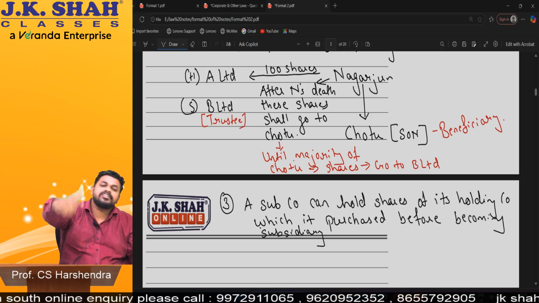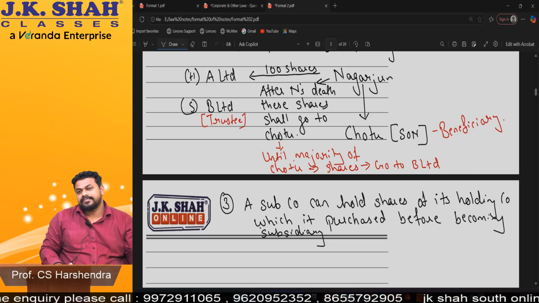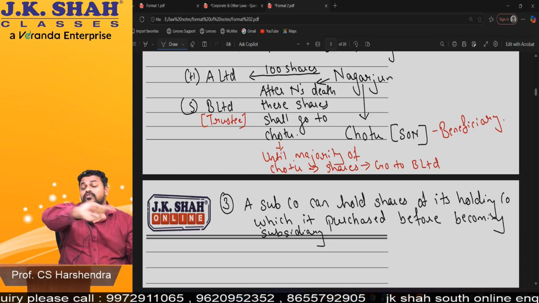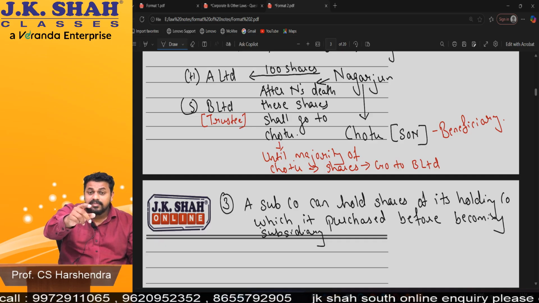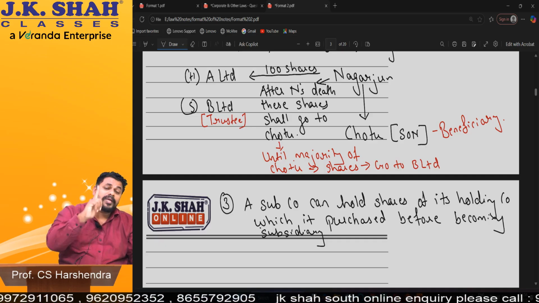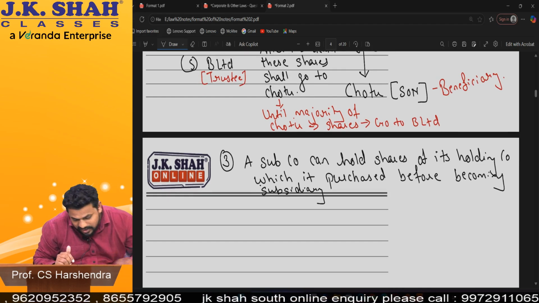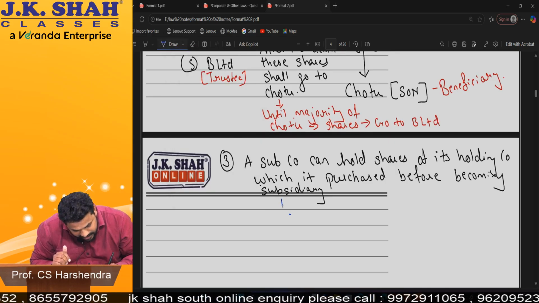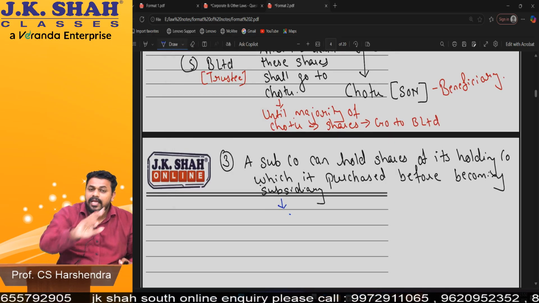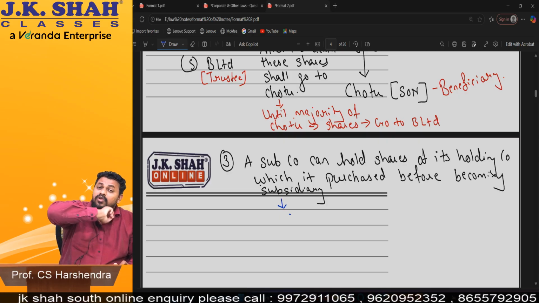But tell me, beta, now understand, as a shareholder, forget shares, as a citizen of India, which is your biggest right? Perfect, the right to vote. Yes or no, online students? And that's the reason, similarly as a shareholder, which is your biggest right? To vote. So in the C case, only in the C case, the subsidiary will hold shares of the holding company,